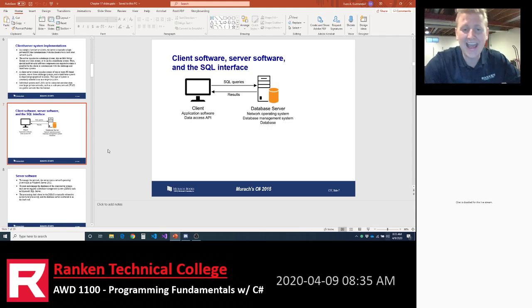ADO.NET is one data access API, right? But we're going to use LINQ. It's just what library of code do you use to access the database. So in addition to your application software, you need a data access library, and we're going to use LINQ.